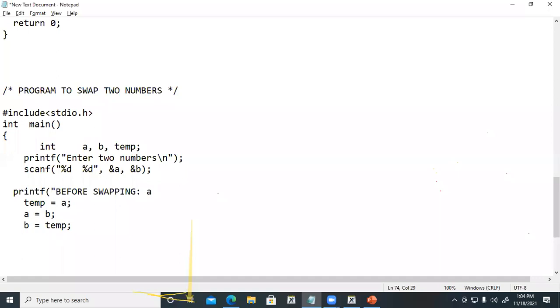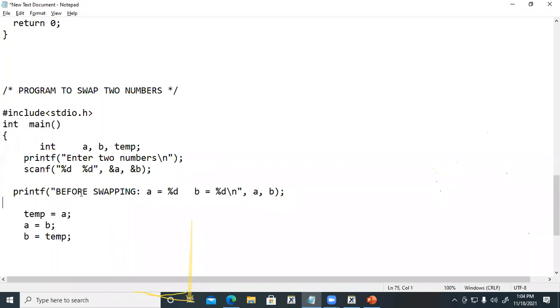Before swapping, A is equal to %d, and B is equal to %d, then say new line, double quotes closed. Original values I am trying to print here. What are the original values before swapping? Okay, then this is the code for swapping.